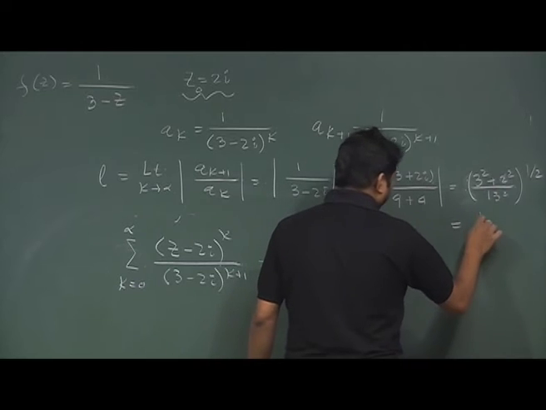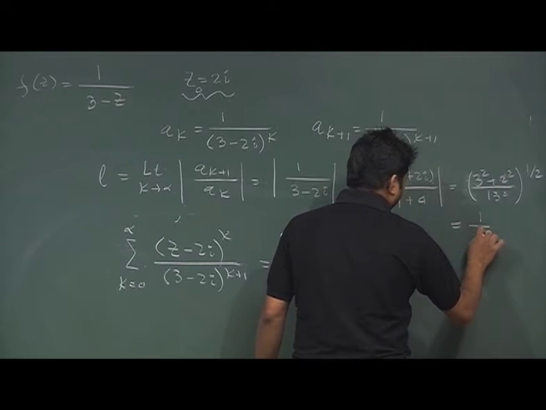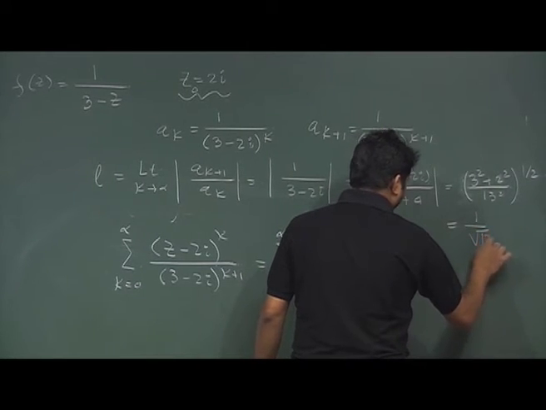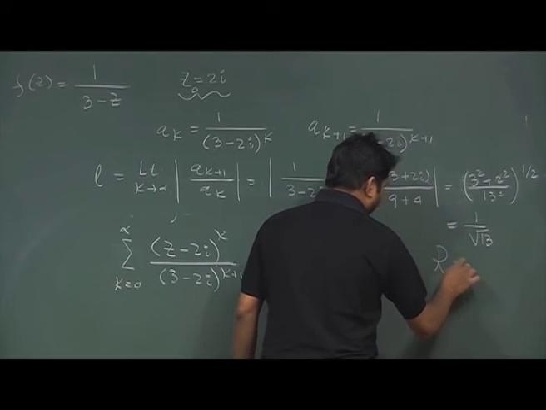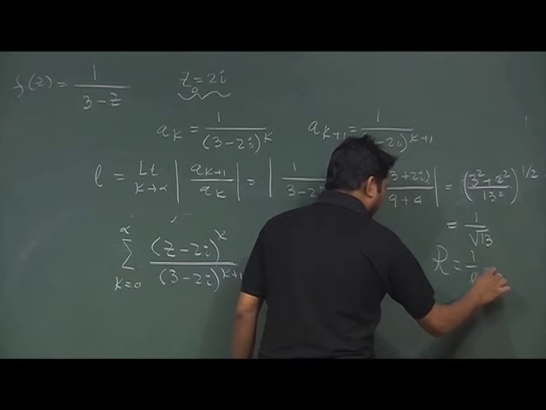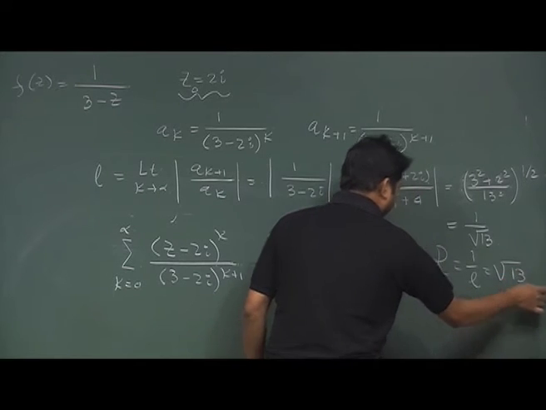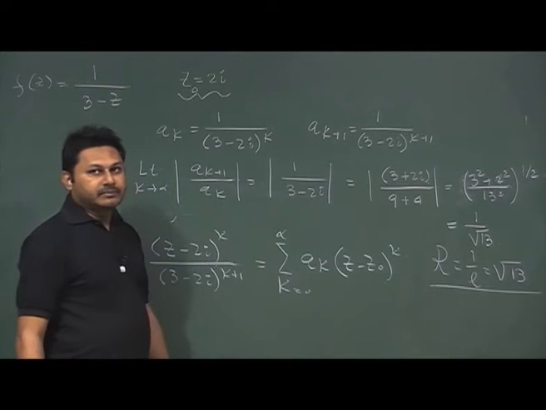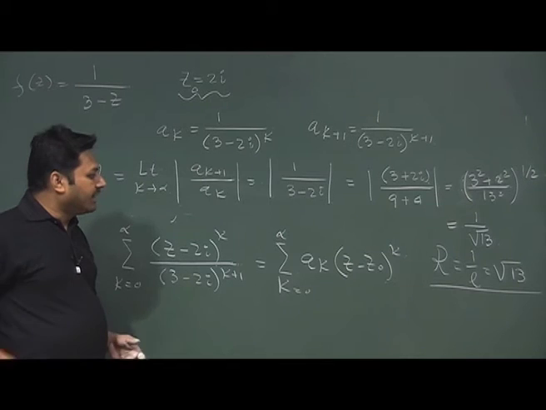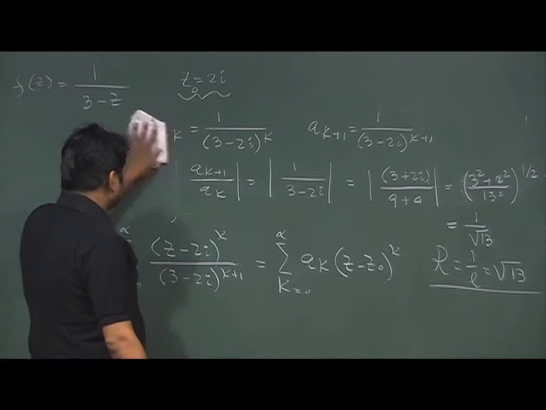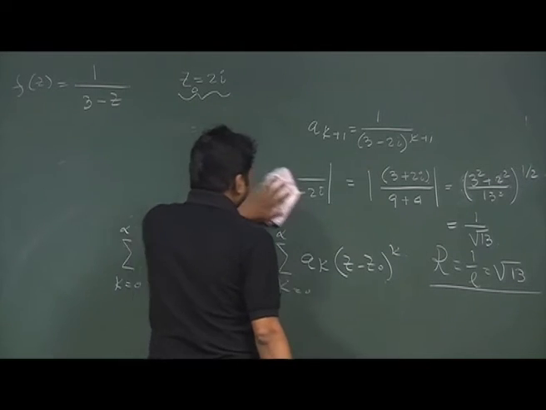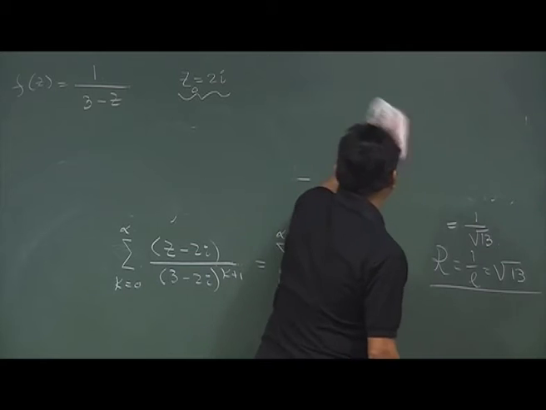So it will be just 1 by root over 13. So R, which is 1 by L, will be root over 13. So I find the radius of convergence here for this particular problem, and if I want to visualize that,